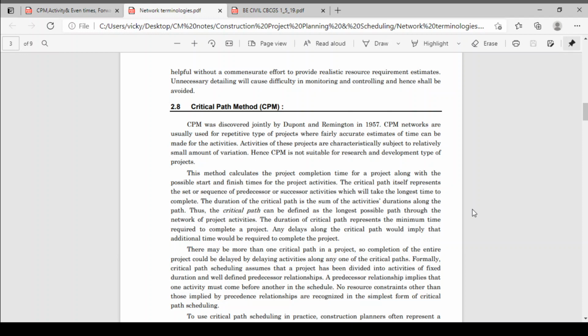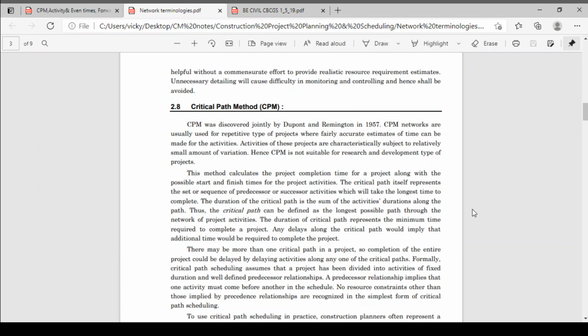Means you can fairly calculate the time for your project, your start time and end time of the project. You can clearly say that my project will start on 1st of January 2021, and it will end on 6th of May 2021 or 2022. Okay, you can clearly say its start time and fixed end time. Okay, so it has a deterministic approach. You can calculate its time.